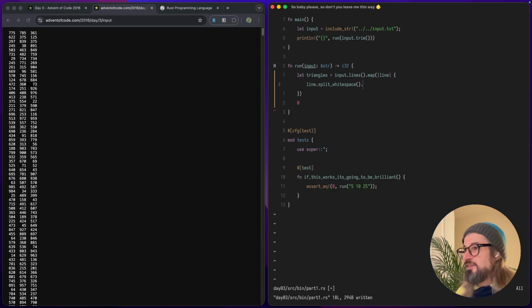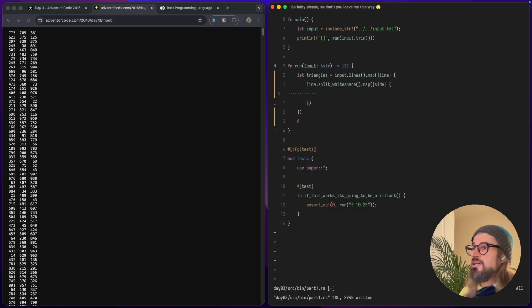So that was all good. Split white space gives you an iterator, so you can map over that. And then here, I am getting each of these numbers in turn, and I want to pass them to an i32. Each of these numbers represents the length of the side of a possible triangle. So I called the argument here side, and then inside of there, I did side.parse to i32,